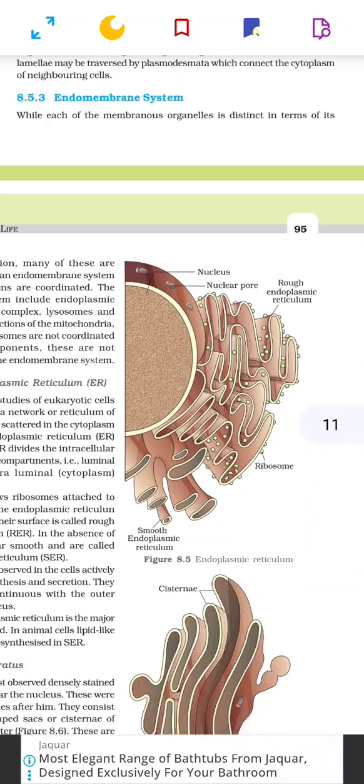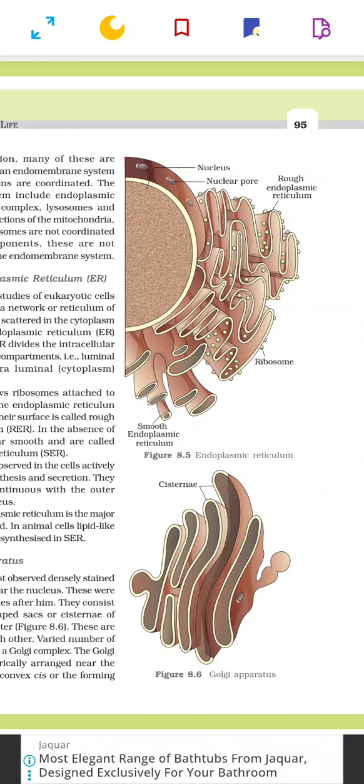Mitochondria. Before that, in figure 8.5, the endoplasmic reticulum is shown, with RER and SER both shown. Ribosomes present on the cisternae make it the rough endoplasmic reticulum, and the absence of ribosomes over the cisternae and tubules is considered smooth endoplasmic reticulum. The ER is an extension of the outer nuclear membrane, and the nucleus has two membranes, an inner membrane and an outer membrane, with a perinuclear space in between them in which nuclear pores are present.